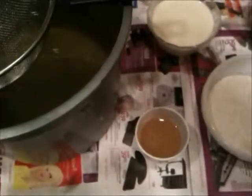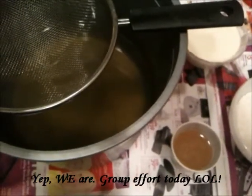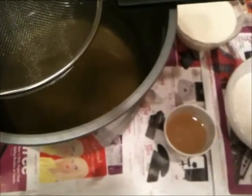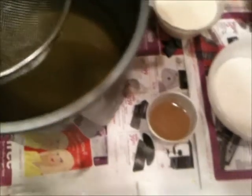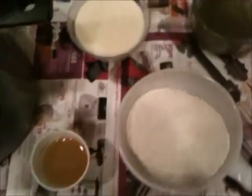Going to be doing some oatmeal milk and honey soap today. Here is my oils, and I'm going to strain my lye through there. Oils are already mixed. It has coconut, olive, palm, castor, and shea butter. And my additives in the order that I'm going to add them in: goat milk,